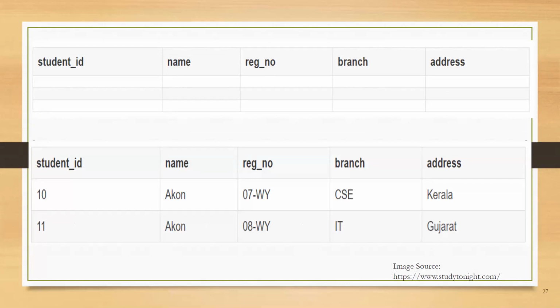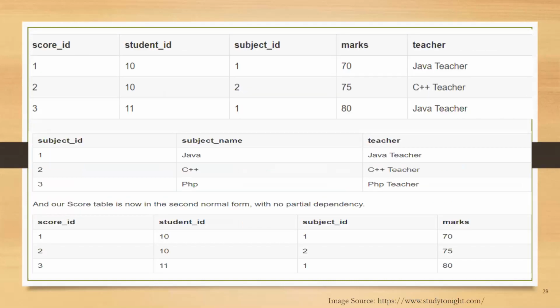So let's create another table, that is subject. We will have subject ID and subject name, with subject ID as the primary key. You can see on your screen that we have added one more table, subject ID, which has the field subject name along with the teacher who is teaching that subject. So now we have a student table with student information, and another table, subject, for storing the subject information. Now we are going to create another table called score, which will store the marks obtained by the students in the respective subjects. We will also be saving the name of the teacher who is teaching that subject along with the marks.